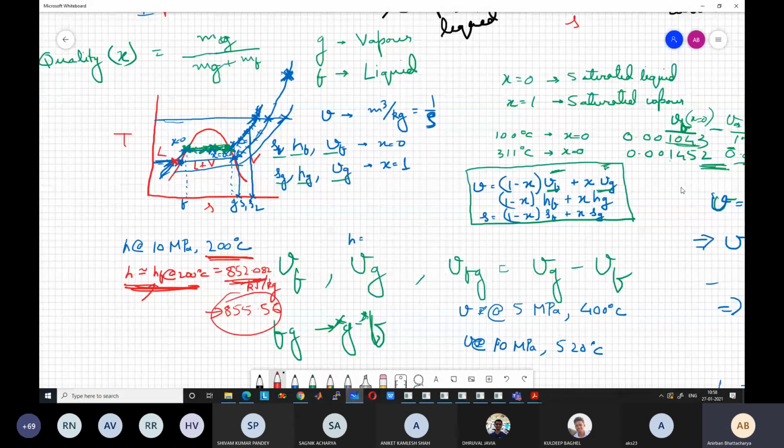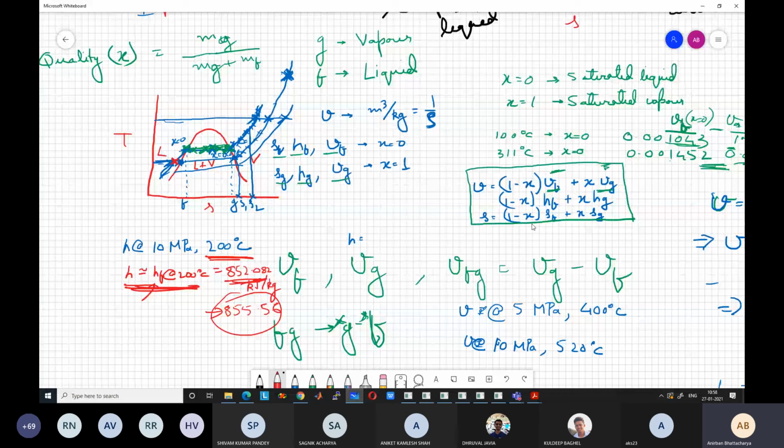So we need now two types of table. One is the superheated table. Second is the saturated table. And within the saturated table, you have again two different formats of the same table. One is in terms of round values of temperature, and one is in terms of round values of pressure. Otherwise, the tables are the same. We will continue this discussion in the next class, next week, and we will also solve the problem that I was saying, and then all these discussions will become relevant to you.